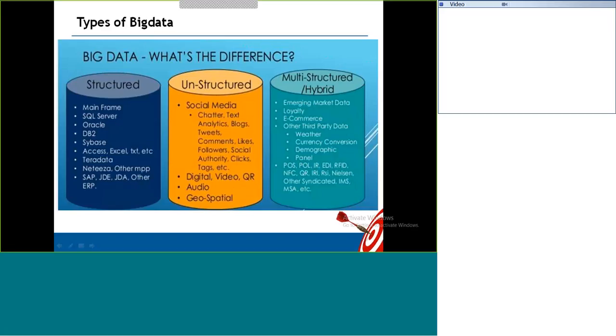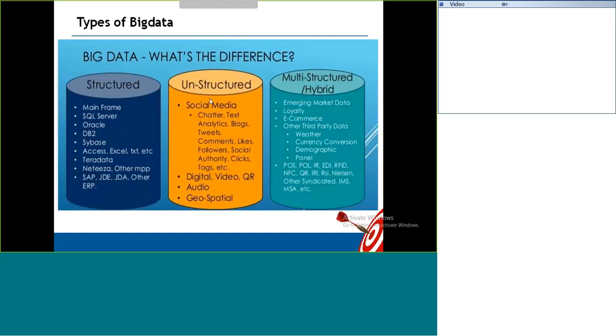When you consider the domains, these are the sources. Based on the sources that we categorize, these sources might generate some semi-structured data: weather data, currency conversion data, demographic data, panel data, like this. E-commerce data is sometimes semi-structured also. Most of the time it is structured, sometimes unstructured, like the images and all. Okay, and when compared to the unstructured, only 20% of the data is stored in the form of structured and semi-structured. All the other data is unstructured.